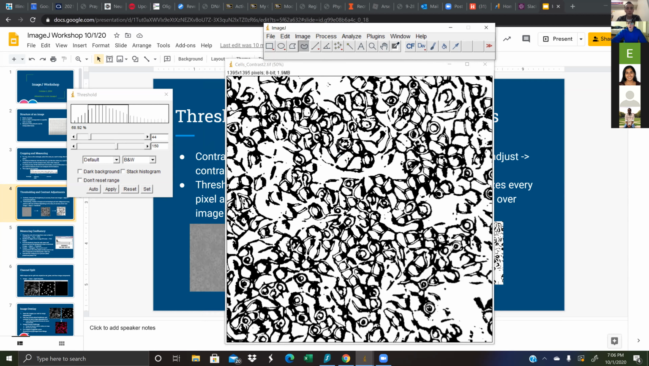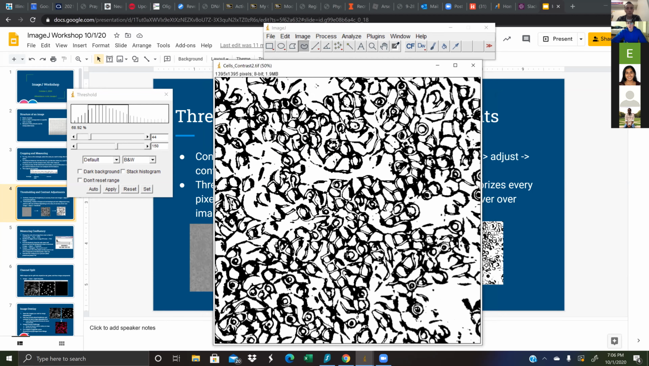Again, it's not going to be perfect. You kind of have to eyeball it, and it's, again, your own personal judgment and also the quality of the pictures you have. So it's not going to be perfect, but you're going to want to get it as close as possible to as much. So set, okay, and then you have your image. So that should just about do it for thresholding. Move on to, yeah,